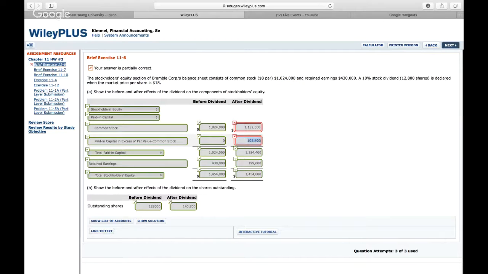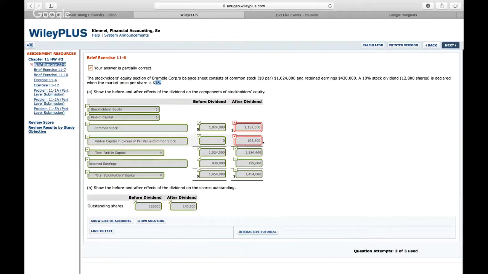And then on this one, which I got wrong, but I did solve, what we're going to do is take the outstanding shares before dividend, which is 128,000, multiply that by 10%, and then multiply it again by the market price per share, which is 18. So if you multiply 128,000 by 10%, which is the stock dividend, and then multiply it again by 18, you should get